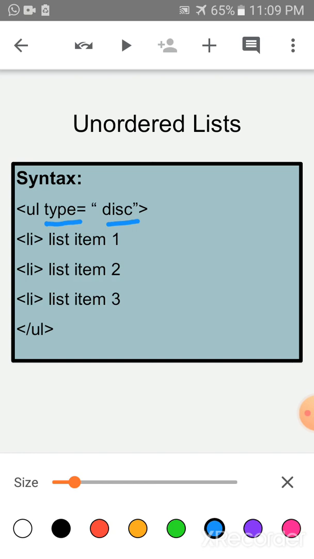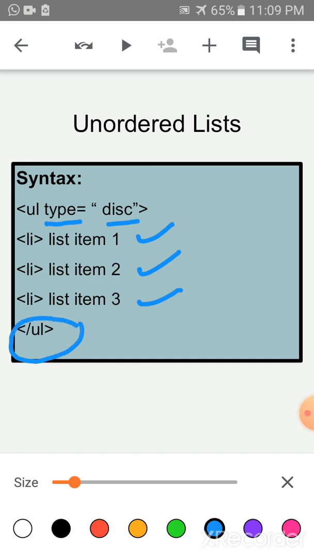Then after that li tag, list item 1, means you have to write down the first item here, then again write down the tag li, list item 2, second item you have to write, then again li, list item 3, third item you have to write. Children, like this continuously you have to write in front of li. First you write li and then you write down the list item, and lastly you have to close